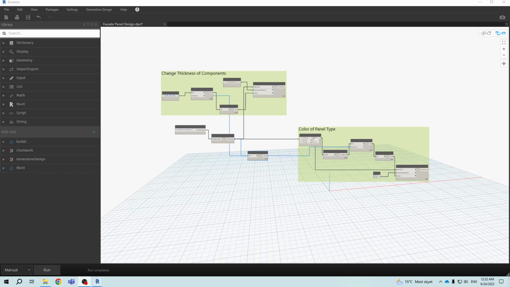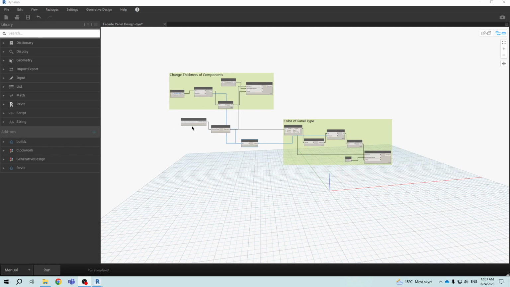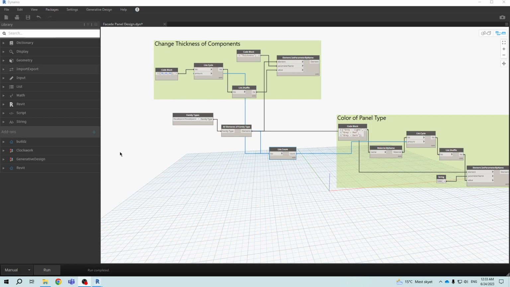Yes. So here for exercise 3, we're going to take a look at redesigning a facade. We were given a model with a panel facade cladding, and we're going to look at two things. One is changing the thickness of the component, and two, changing the color of the panel. To start off, we had to download an extra package, and also